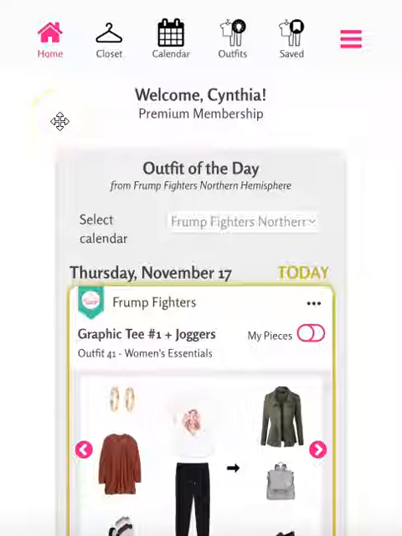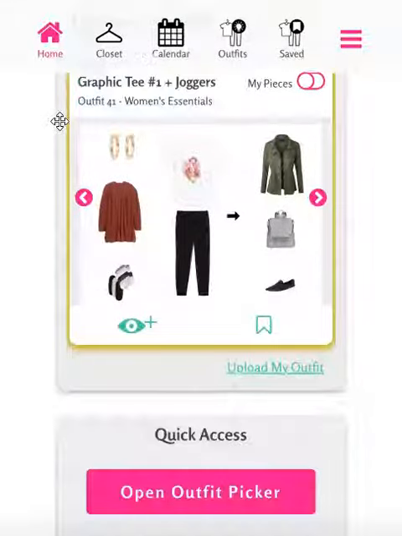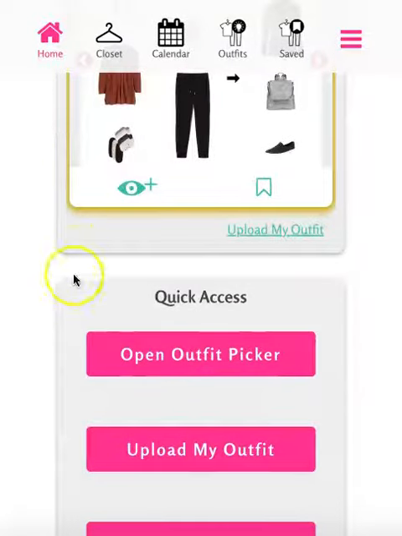To quickly get outfit ideas for what to wear based on the weather, how casual or dressy you'd like to be, or if there are certain pieces you'd like to wear, you can use the Outfit Picker, located in the Quick Access menu on the home page. Alternatively, the Outfit Picker can be found by tapping Outfits along the top menu and navigating to the Outfit Picker